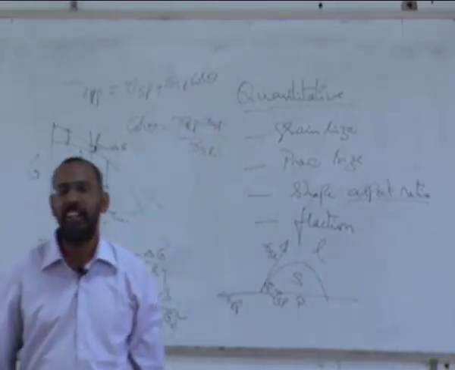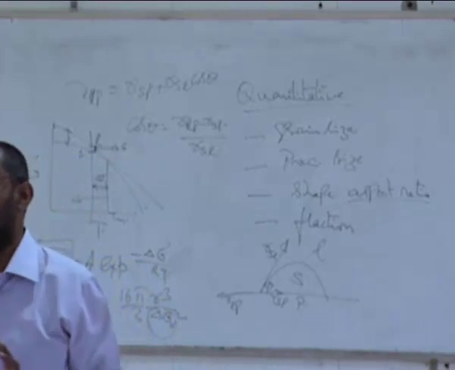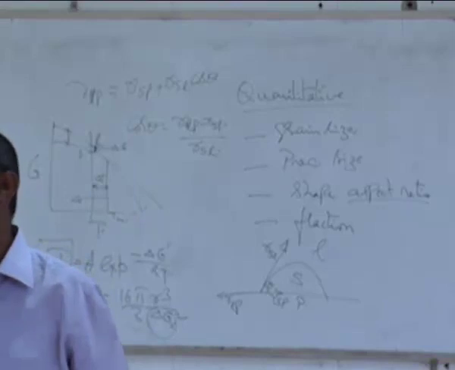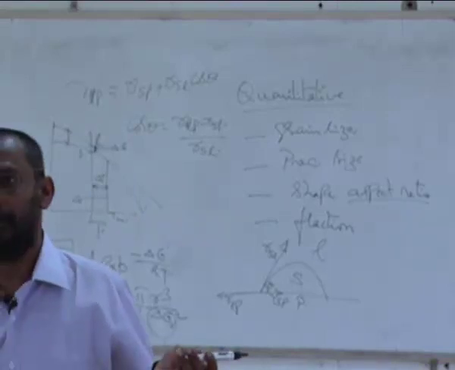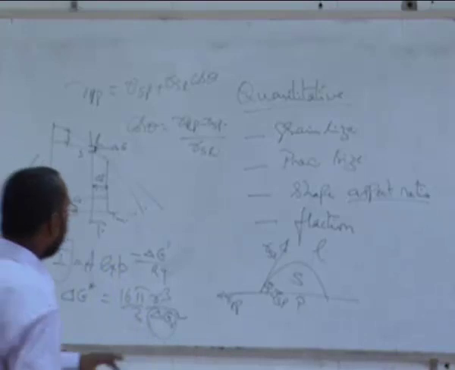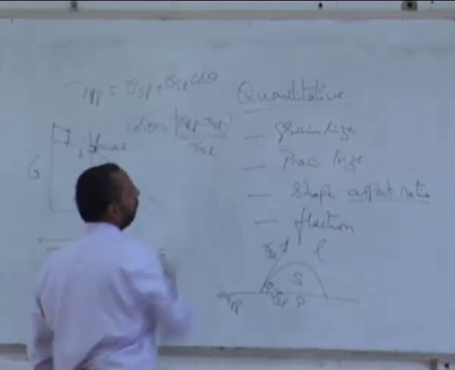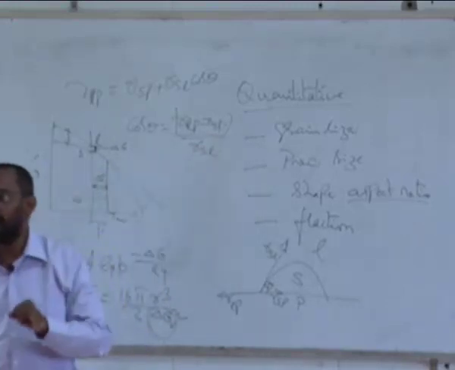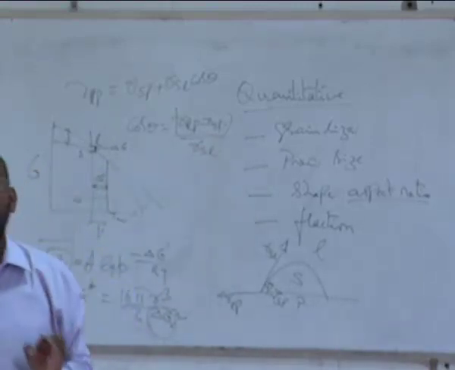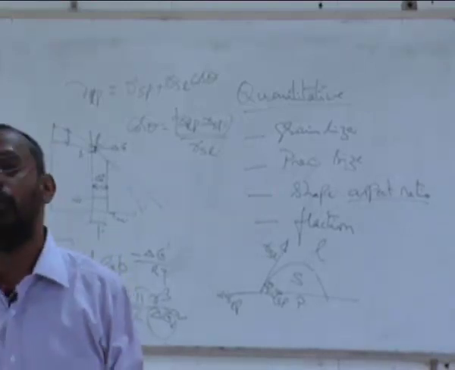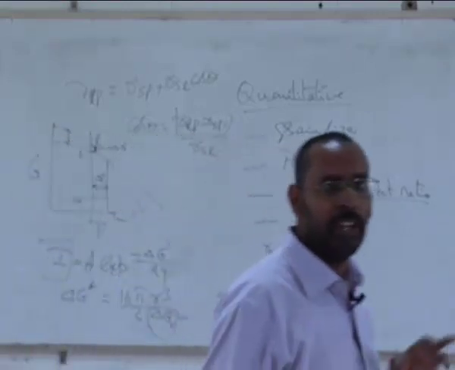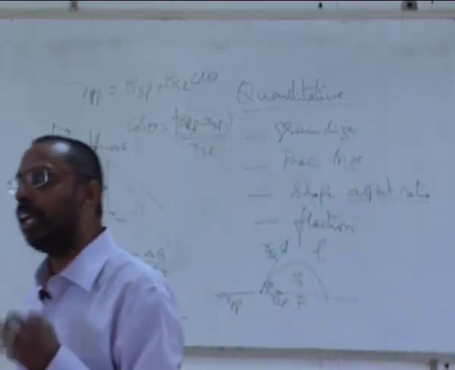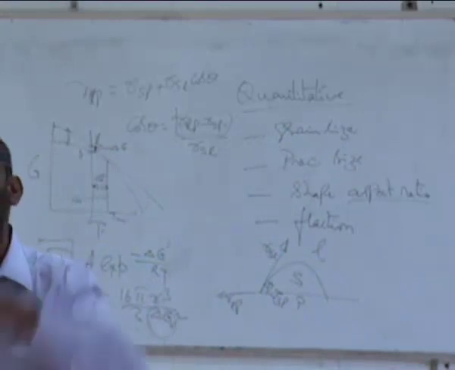Gamma SL is not related to any particle. Gamma SL is the interfacial energy between solid and liquid. That has nothing to do with whether you have added a particle or not. So if you have added a particle, what gets affected is only this. This is where the particle is coming into the picture. There is no particle in this. So wherever gamma SP is small, those are the cases where you have better wetting. What do I mean by smaller gamma SP? That means the interfacial energy between the particle and the solid should be smaller.